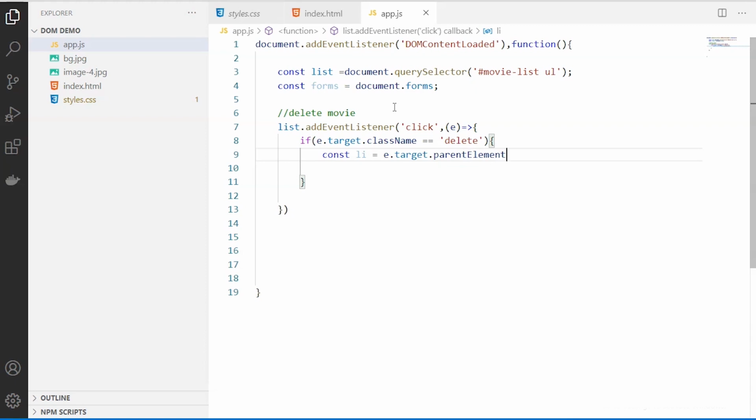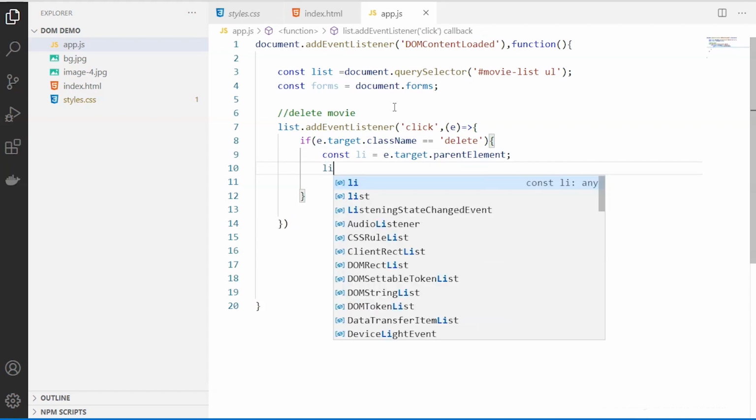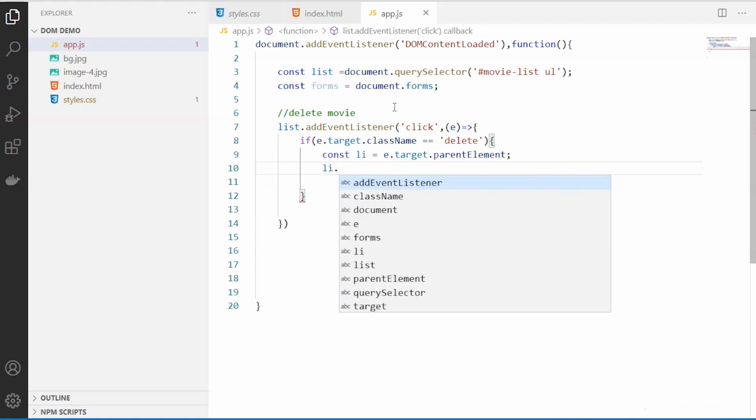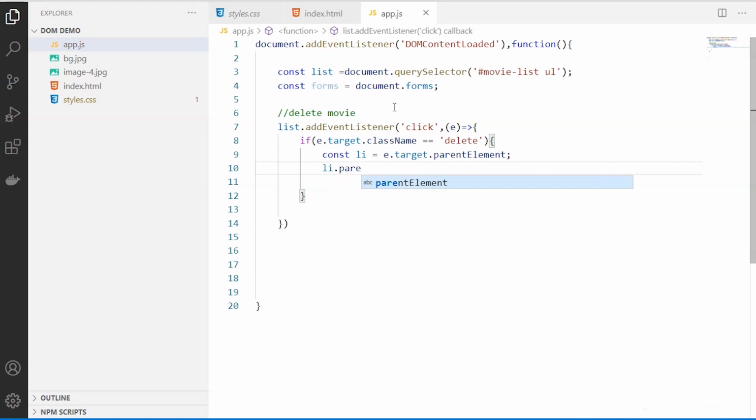So here I'm creating the li, which is the parent element, and now I take the parent node of this particular li. I want to delete this. To delete an entity in the DOM, you have a method called removeChild.